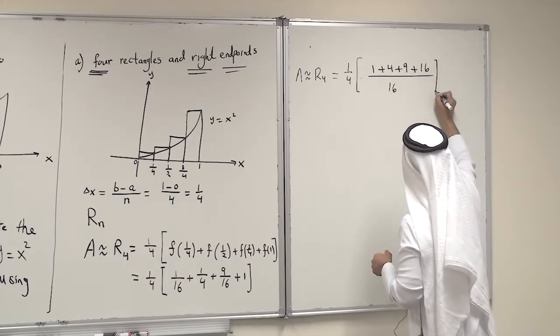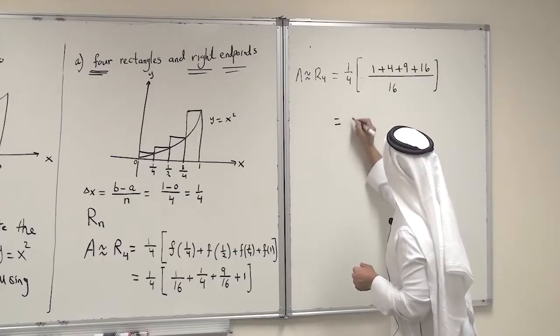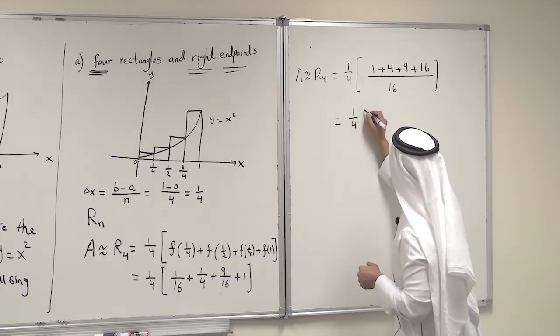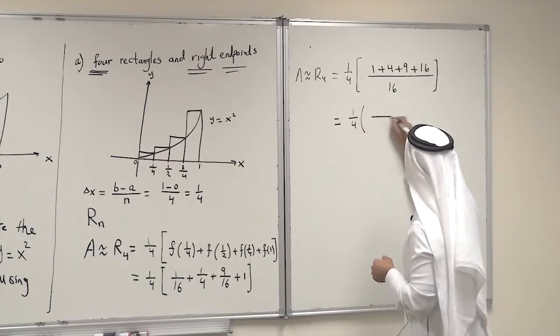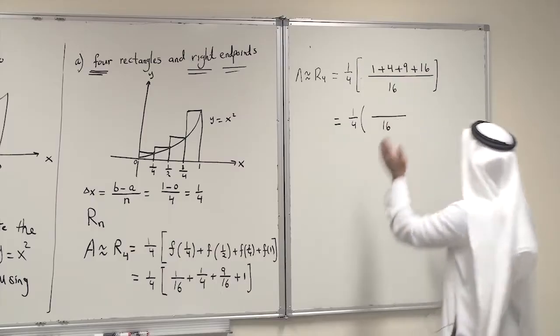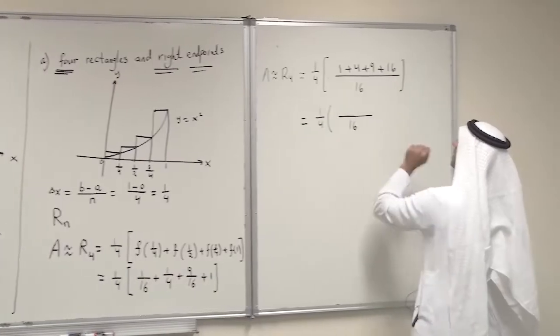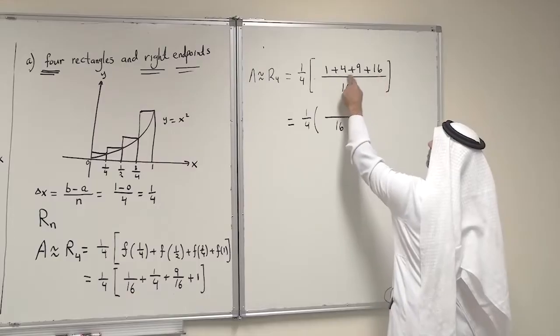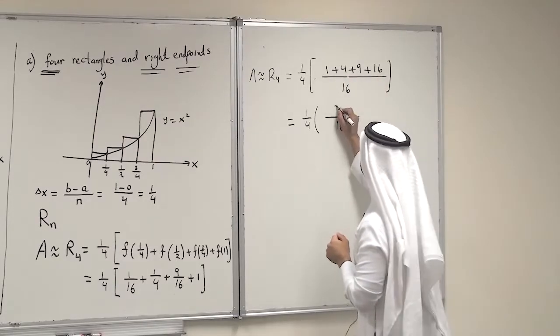This is what we have. So we are now simplifying this expression to get the following. This is over 16 for sure, and that is now 1 plus 4 plus 9 plus 16. 9 plus 16 is 25 plus 5, that is equal to what? That's equal to